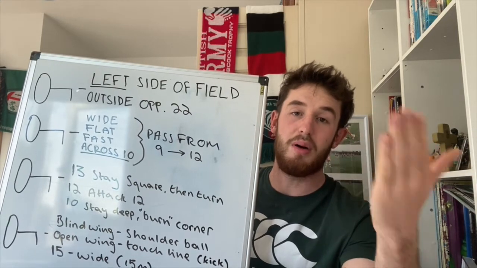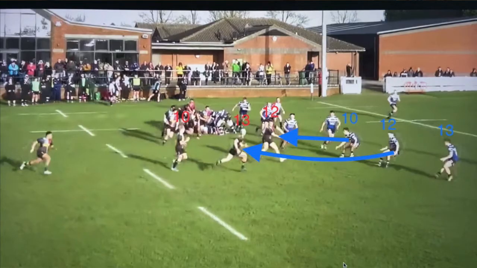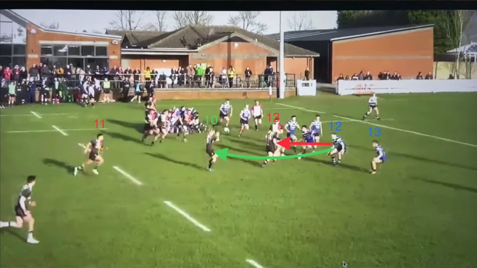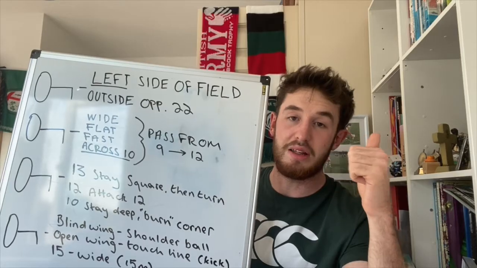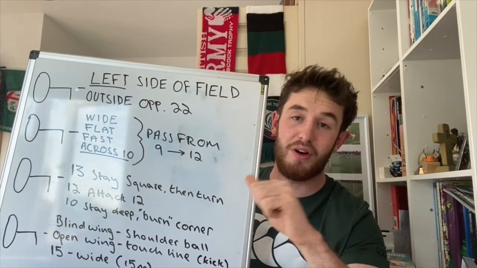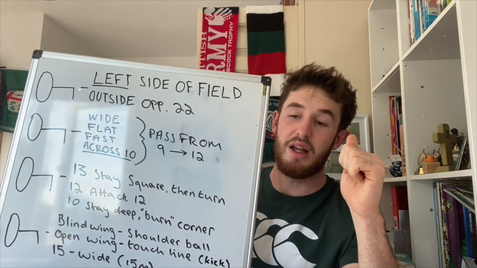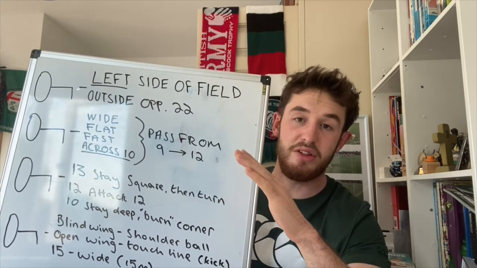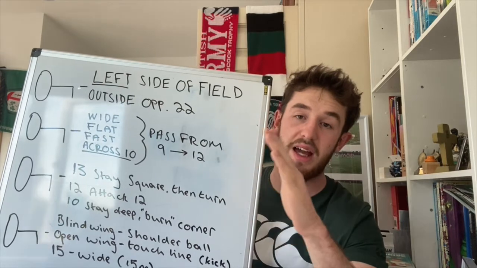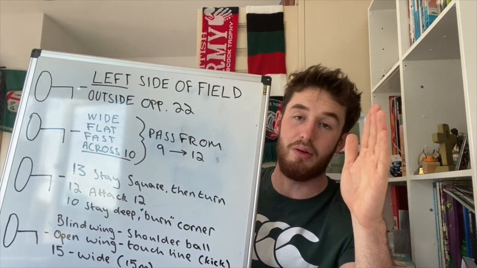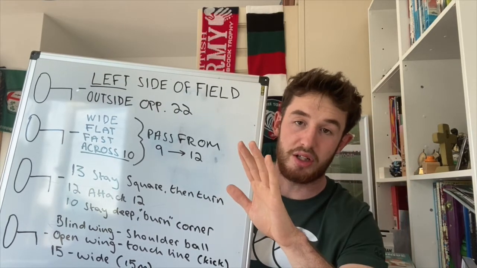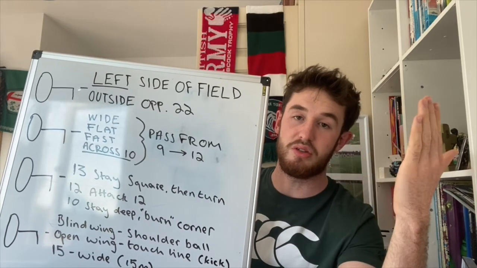If he's too far behind the gain line and you're just running the shape rather than running into the spaces, then the opposition is just going to drift off and slide like we saw Bath Academy do. Thirdly, fast. The ball has got to go fast. If it's a slow ball from the 9, then it just gives time for the 10 to drift across. All the time that ball is in the air just gives time for the 10 to drift across and line up on the 12. Again, as we're saying, chronologically then moving everyone out one, just forming a normal unders and